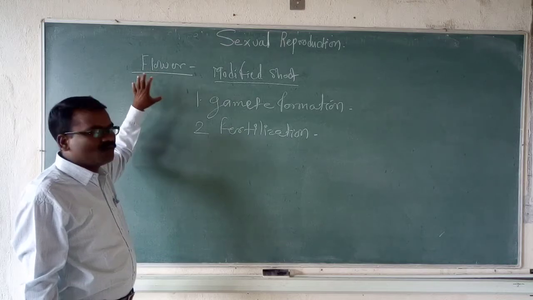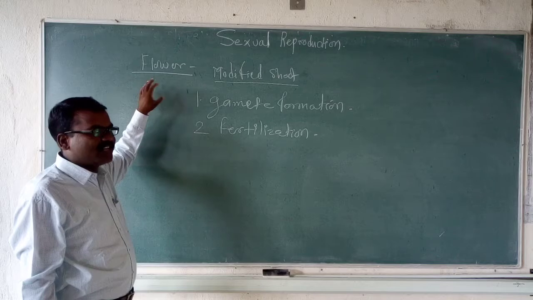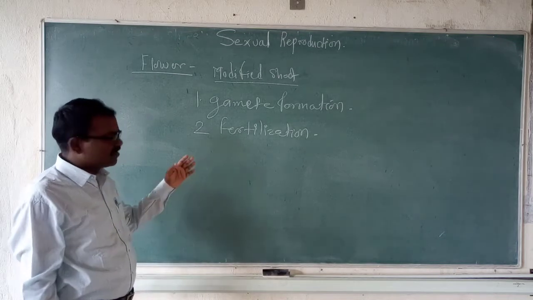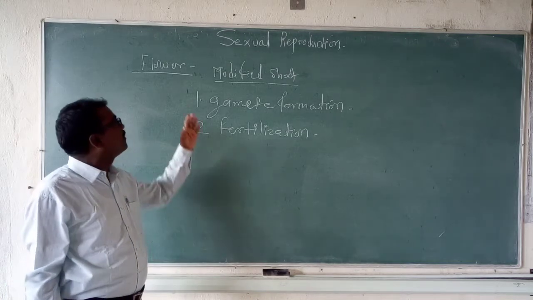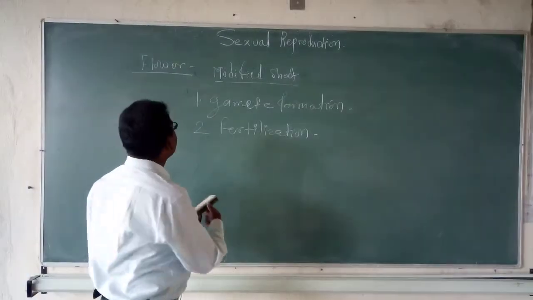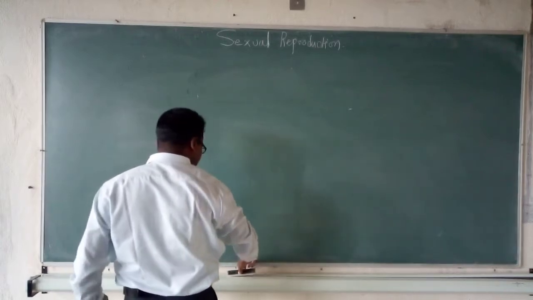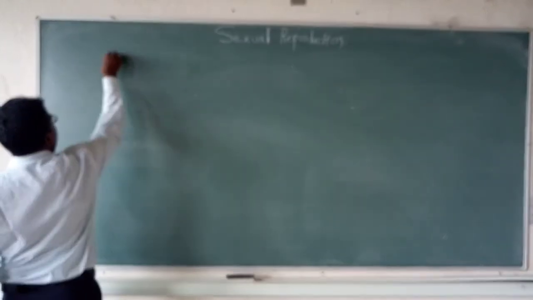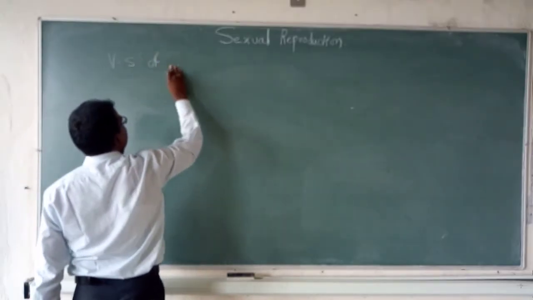Let's see, you know that there are different parts of the flower. These are the calyx, corolla, androecium and gynoecium. Let's see here, I will revise again. Already you have learnt this in the 11th class. See the structure of a typical flower, by taking a vertical section of a typical flower.